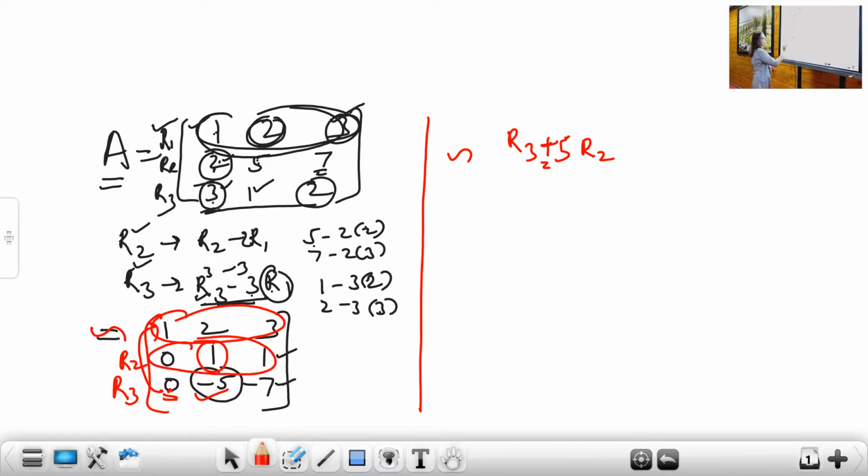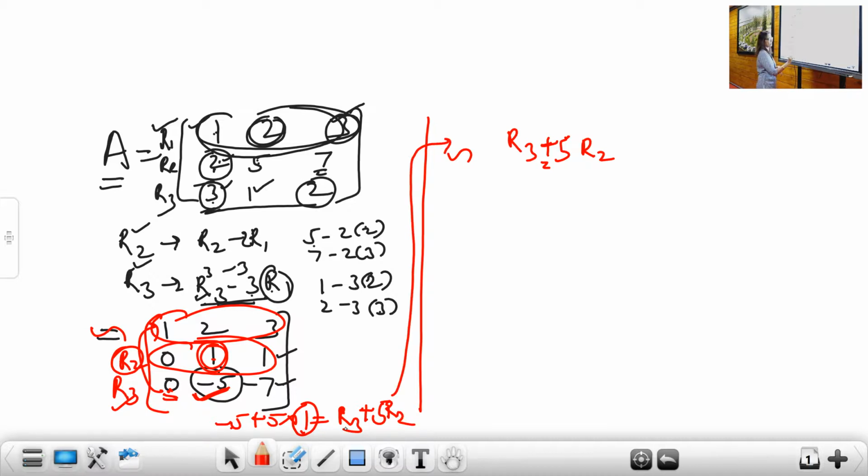So my target row is this row now, and my target element is minus 5, right? To make this element 0, what will I do? This plus 5 into 1. Why into 1? Because this number is 1. So minus 5 plus 5 into 1. What does it mean? Minus 5 is from R3, the third row, plus 5, and 1 is from R2, and therefore it is R2. That's why I took this transformation, R3 plus 5 R2. I am thinking about only one number, but the same transformation will be followed by that particular row or that particular column.